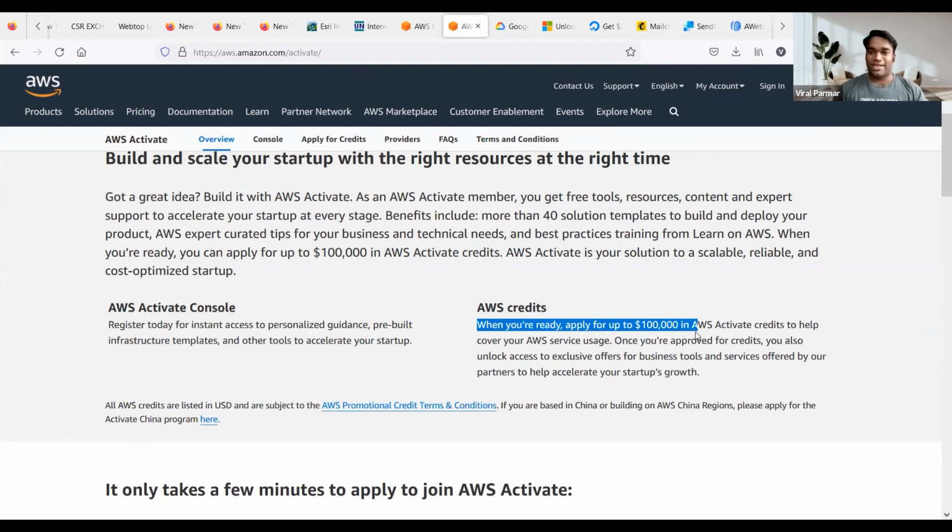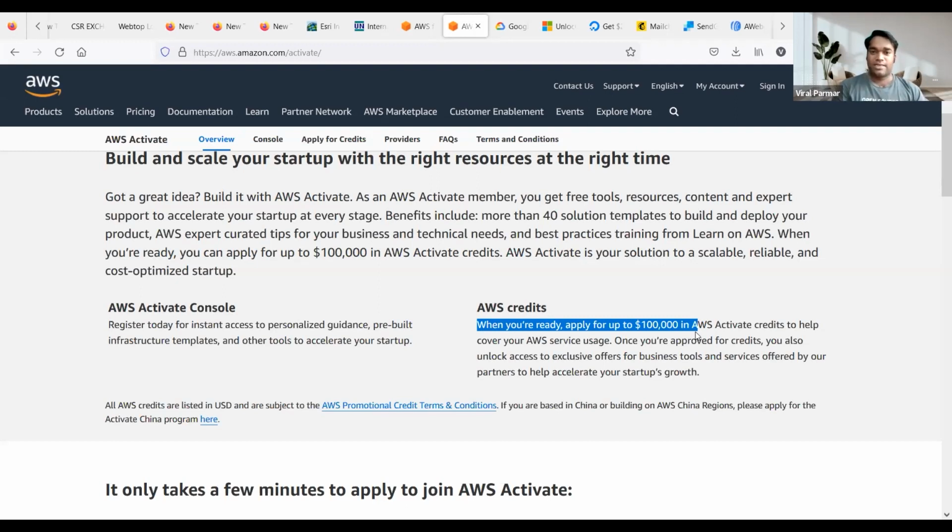But on an average, I can say in the starting, specifically if you are associated directly with any incubation center, you will for sure get around $5,000 credit for your servers initially. That you are sure to get if you are using an AWS server.